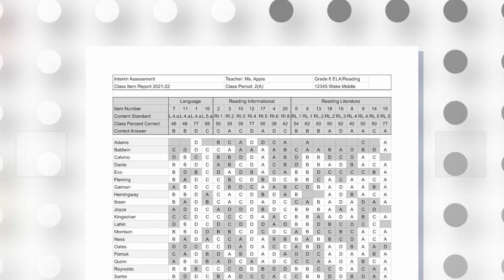Often, the reports are color-coded so teachers can quickly visualize the class's performance. This report might contain other useful information, like how students performed on each item across an entire grade level or school. As with any assessment you administer, it is important to review the learning standards that will be covered in